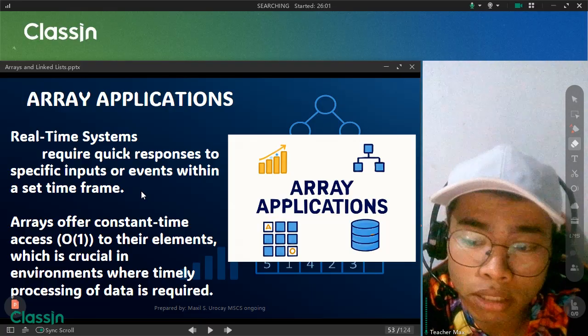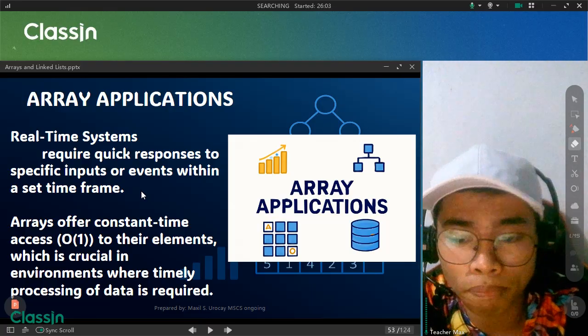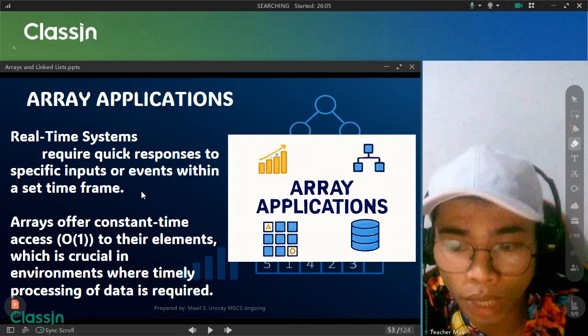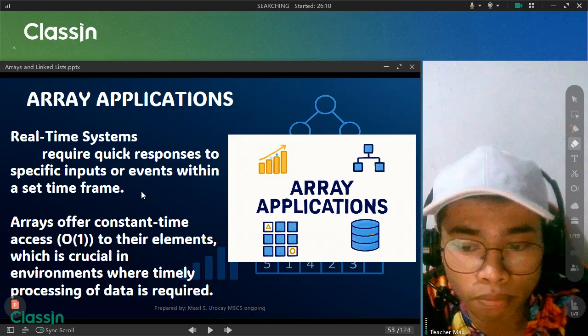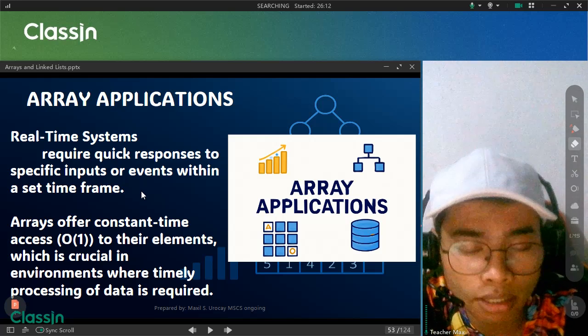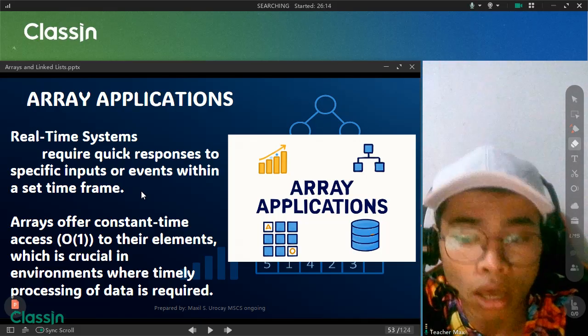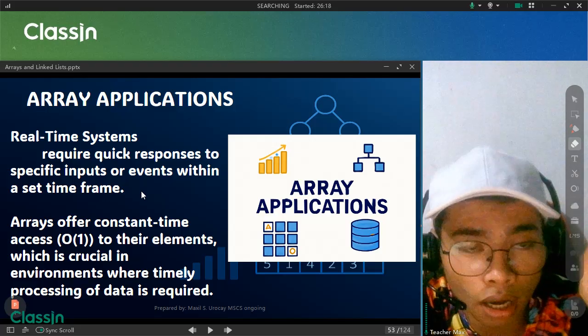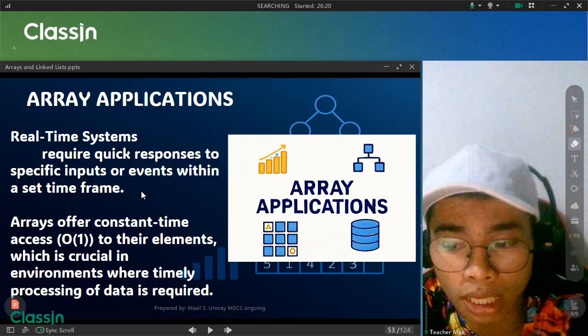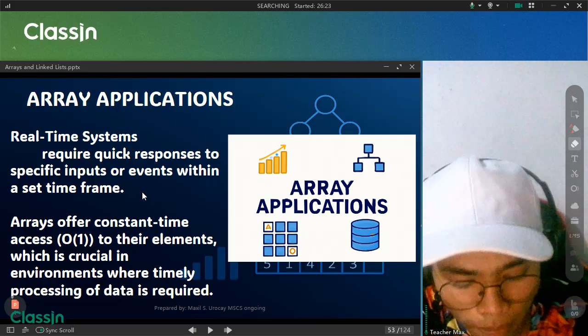Since data is stored in a contiguous manner, the system can quickly access the necessary data without waiting or performing additional calculation, making arrays ideal for high performance or real-time applications.